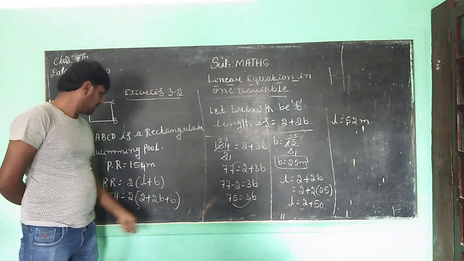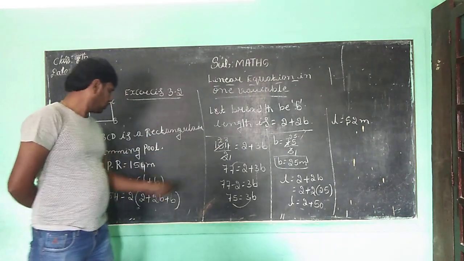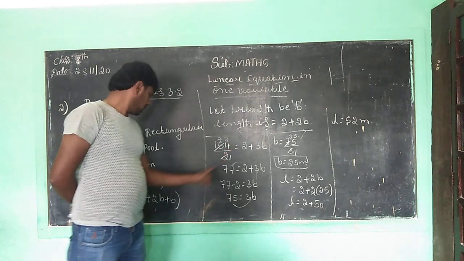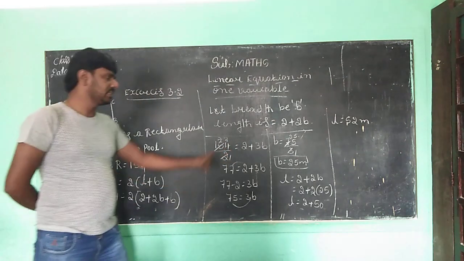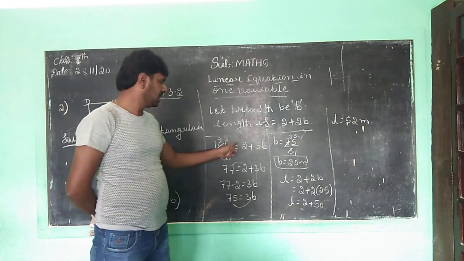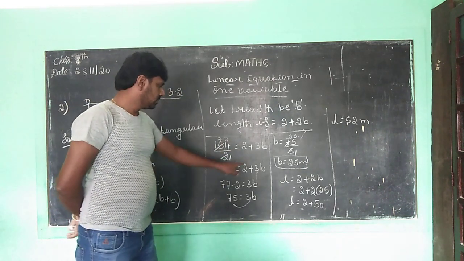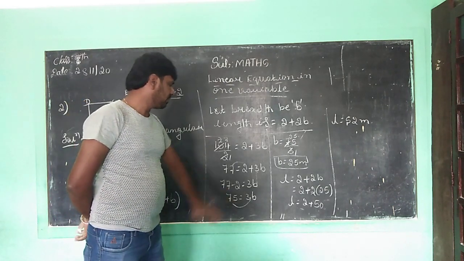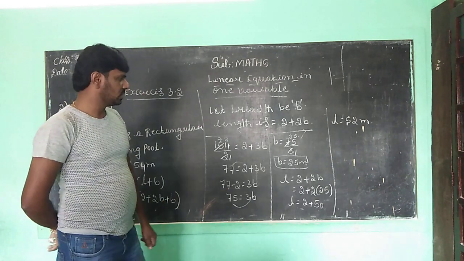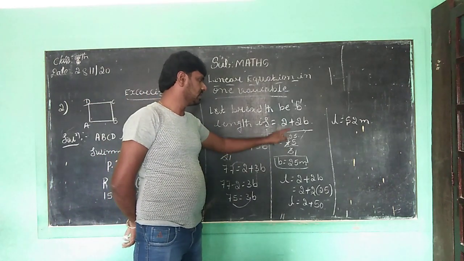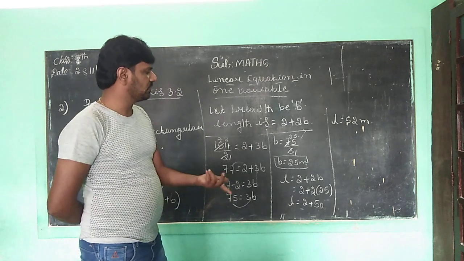Want to add, children. 154 equals 2 times; this 2 will come to the LHS, meaning it becomes the denominator. So 2 is there, then 2B plus B is 3B. So 154 by 2, meaning 77, is equal to 2 plus 3B. This 2 will come to the left hand side, meaning minus 2 is equal to 3B. 77 minus 2 is equal to 75 is equal to 3B. B is equal to 75 by 3. Want to divide it. 3 ones are 3, 3 twenty-fives are 75. Breadth is equal to 25.